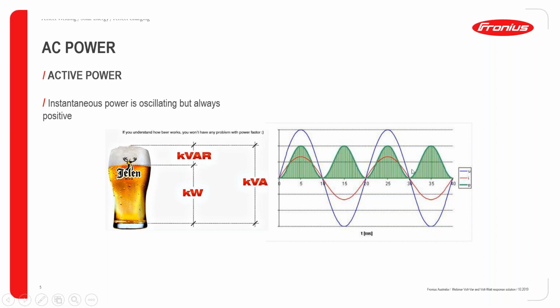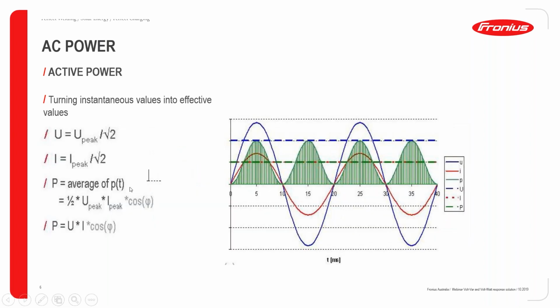In this case, this is just an instantaneous value of the power, but power is always represented in the engineering term we call the RMS value, so root mean square value. How can we calculate the RMS value? Well, basically we take the average of that waveform